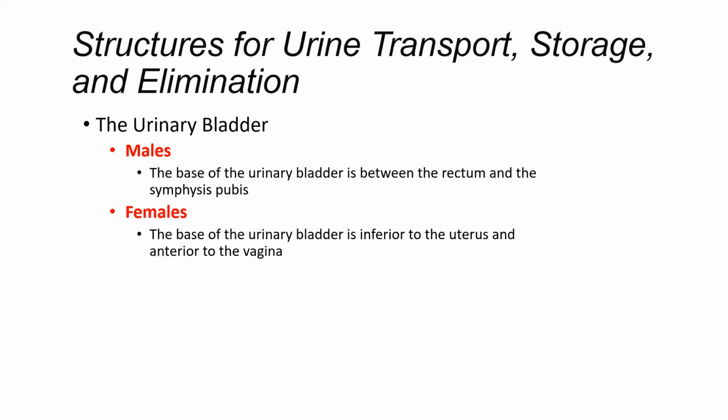Alternatively, in females, we do have that large uterus in place. And so the bladder is going to be squeezed, shoved right up to the anterior of the vagina, and it's going to be nestled in between the rectum posteriorly and the vagina anteriorly. And so that's going to play a really big part, especially in females when they become pregnant. The bladder takes a hit as that uterus starts to expand and grow and occupies more space in the pelvic cavity. Okay, we'll point some of that out